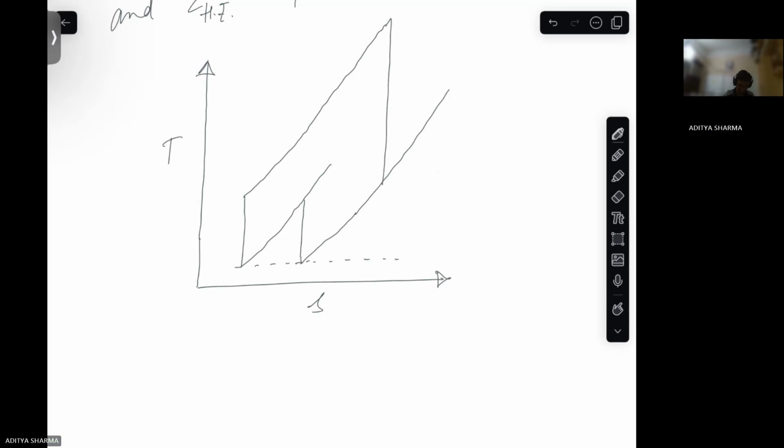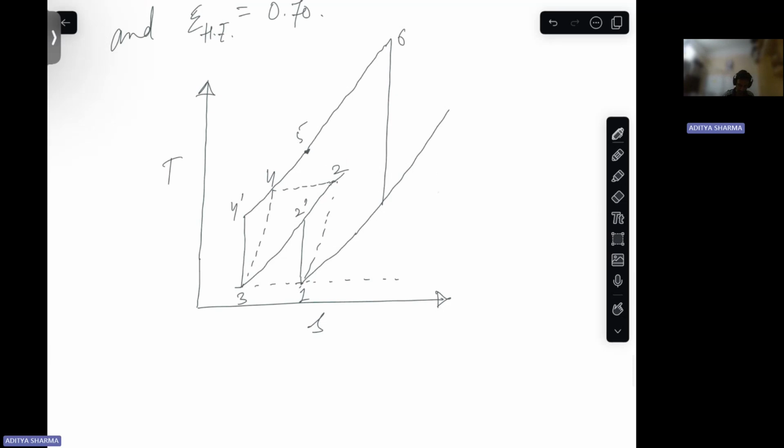This is your turbine. 1 to 2 is your first compressor, 3 to 4 is your second compressor, 4 to 5 is heat exchange, 5 to 6 is combustion chamber, 6 to 7 is your turbine. Okay, then